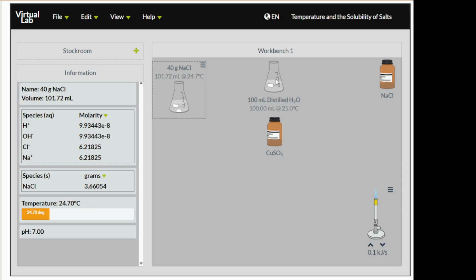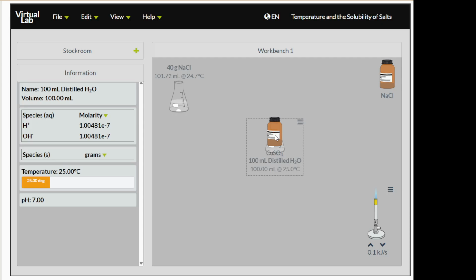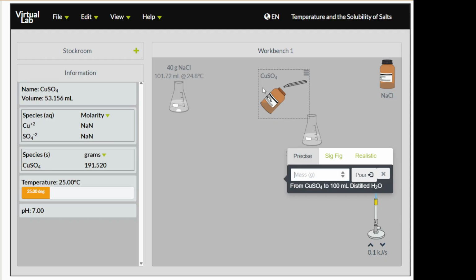Do the same thing with the copper sulfate. So we put it over it. Nope, I didn't do it right again. That way. I'm fairly new to this too. So we got 60 grams in this one, because copper sulfate is a little bit more soluble than sodium chloride is at the temperature range we're going to be talking about. And then you click pour as before,